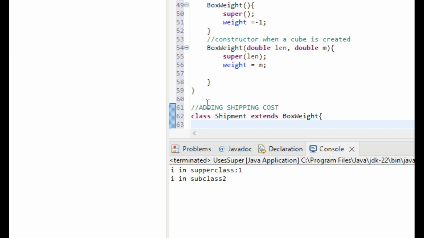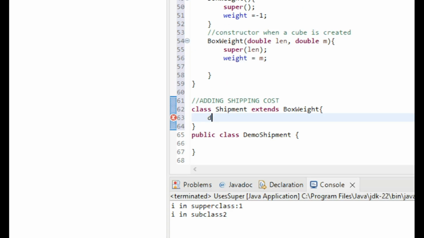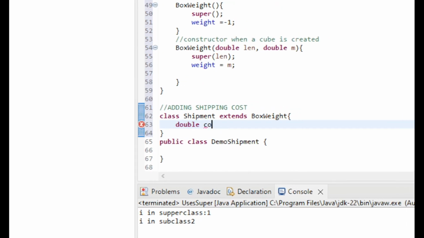In other words, it's going to inherit from the BoxWeight, which is a subclass of the superclass Box. That means the BoxWeight automatically becomes a superclass of the Shipment class. So it has an added element which is cost,